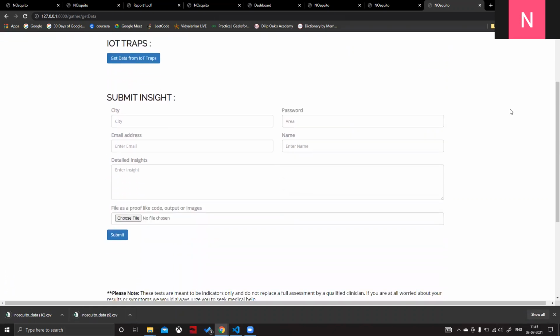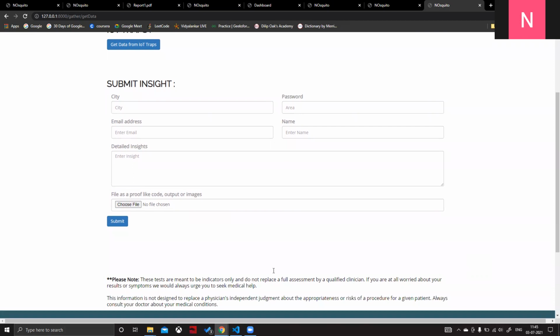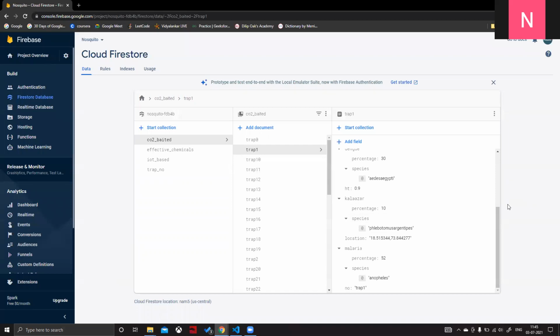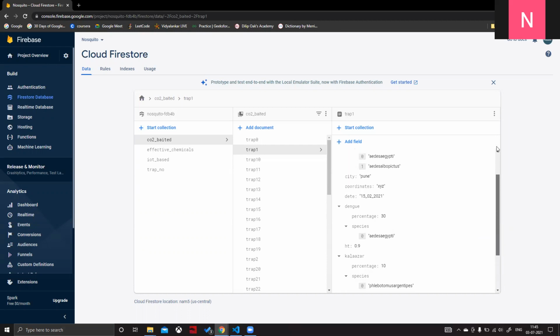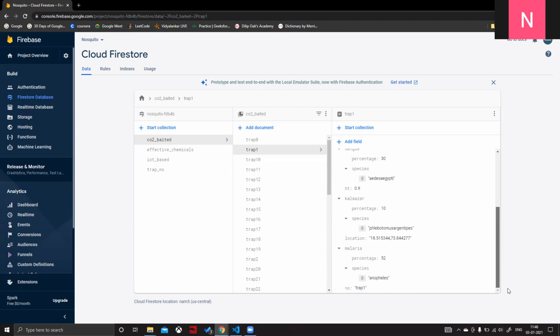So in this way, the data science community can collaborate with the research community by giving their valuable insights based on the data. So to get a short overview of NOsquito, it initially gathers data from the traps stored in the Firestore database. As you can see in the Firestore database, we have four different collections based on traps. First one is the CO2 baited trap. In the trap, we have different fields, that is the location, area, the virus, that is the percent of virus that was found based on that trap, and